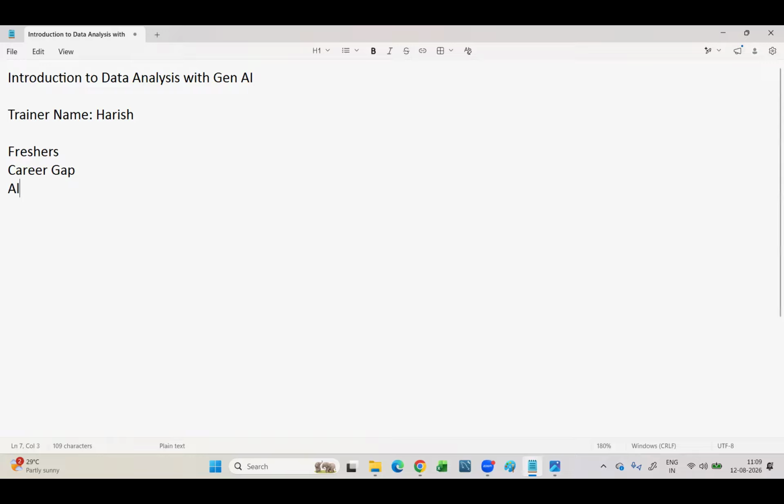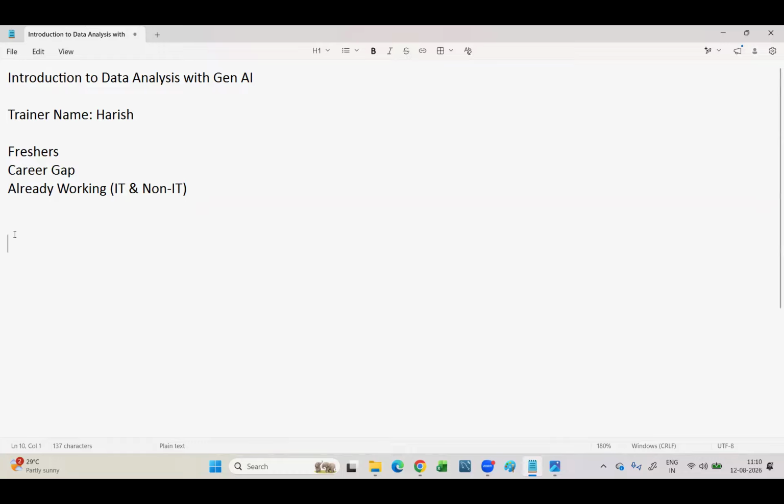Next category of students are people who are already working persons. So you might be working in the IT or else in the non-IT also. You're still eligible to learn this course. The reason is, once you are learning in those or working in those type of technologies, that experience what you have gained, you can even use that experience to show as a data analyst, and you can clear the interviews easily with the knowledge you are going to gain here. That way, how to proceed in that path, we will explain you, not a problem. But you are also eligible to learn this course, whether you're from IT industry or non-IT industry experience.